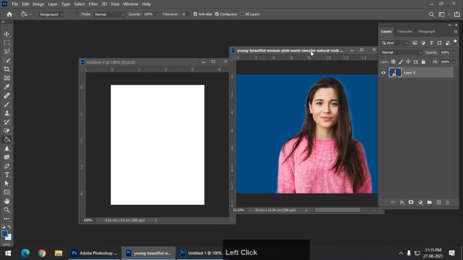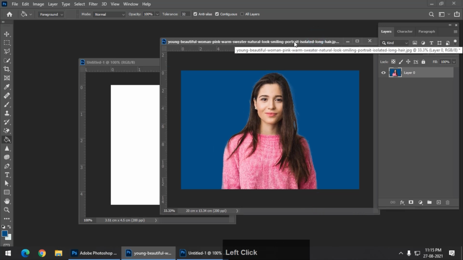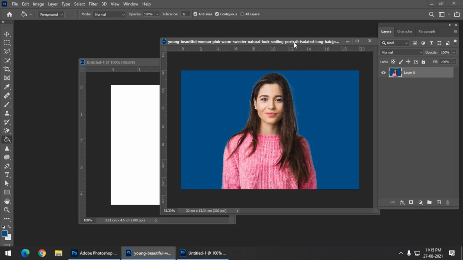Now there are certain rules while taking a passport size photo or the photo used for passport. In this case this may not be the ideal photo for passport, because as you can see there are some hair in front of this lady's face, so this might not be the ideal photo.